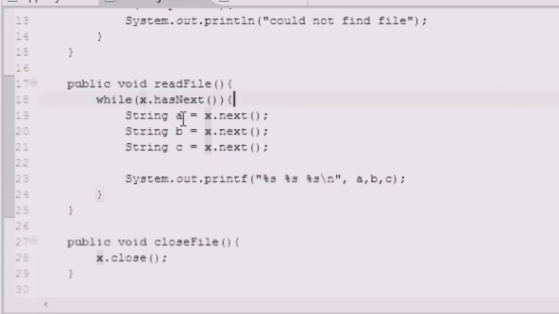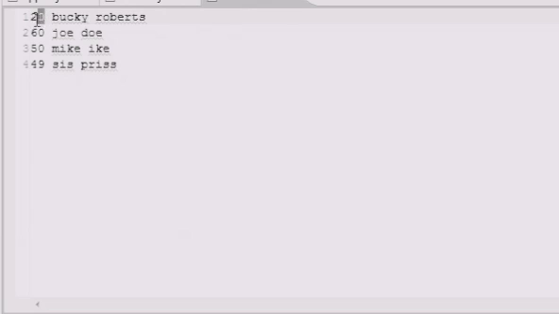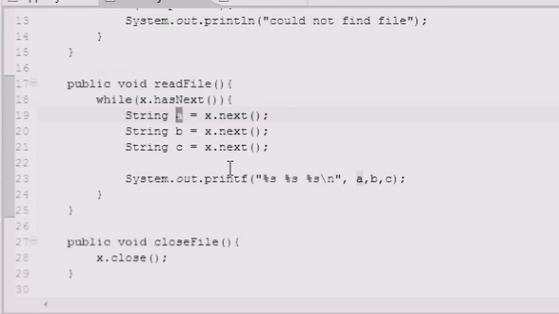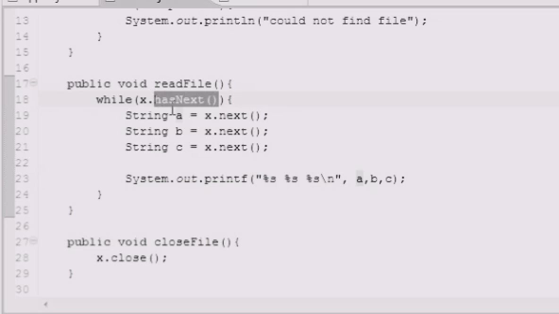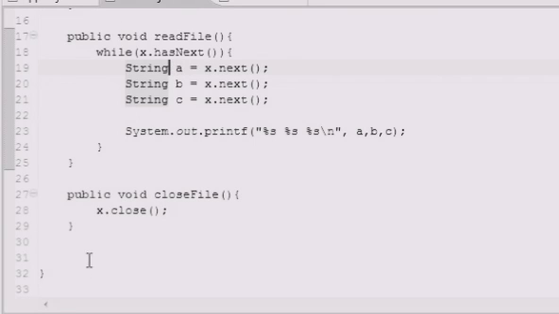So again, let me make sure that's in there, and I'll tell you how this worked one last time. We made a new scanner variable x because, remember, we can use scanner to not only read from our keyboard, but also read from files. We then made a method to open the file right here, in which we set this scanner and said we're reading from this file, Chinese.txt, which is right here, and we set the file equal to x. This error is handling because we programmed it awesomely, and we don't